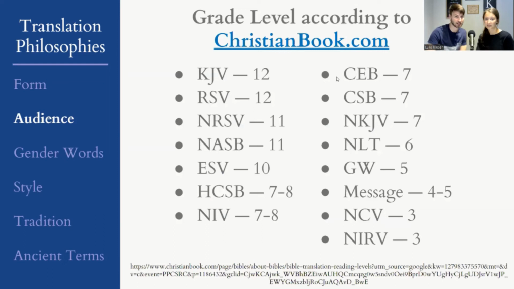Here's an example from christianbook.com of the different reading levels of the Bible translations. You can see the NIrV is written for third graders. If you had a child, even the NLT is sixth grade, to kind of gauge where their understanding level is. King James is 12th grade, which is high school. ESV is also high up there. NIV is still 8th grade. Those are more difficult, but they have a certain audience that they're trying to gauge to so that they can understand the word. Okay, awesome.